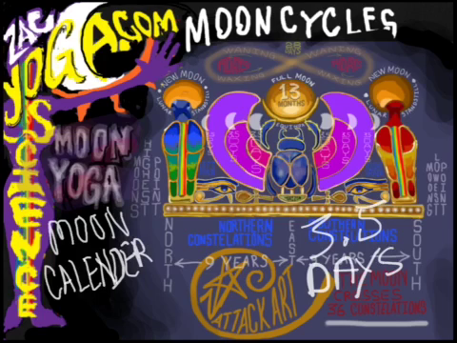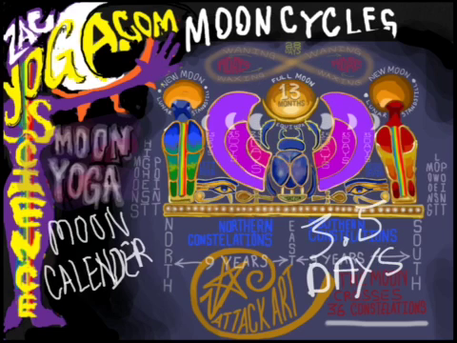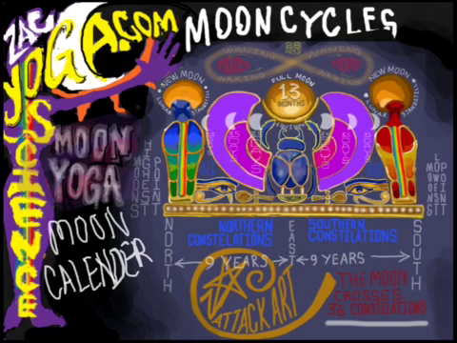So in 3.5 days from the new moon, the moon waxes to a quarter moon, and then it waxes to a half moon, and then it waxes to a three-quarter moon, and then it waxes to a full moon. So now that we have that part, where we have the 28 days, you'll see the moon change its shape from a crescent to a full to a new. And then when we're looking at this